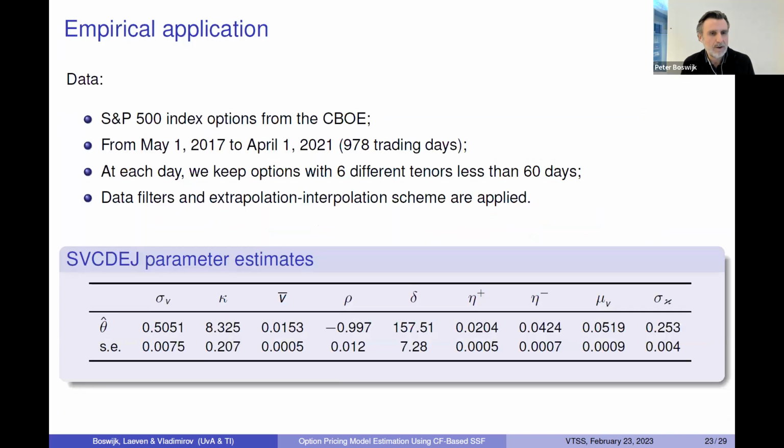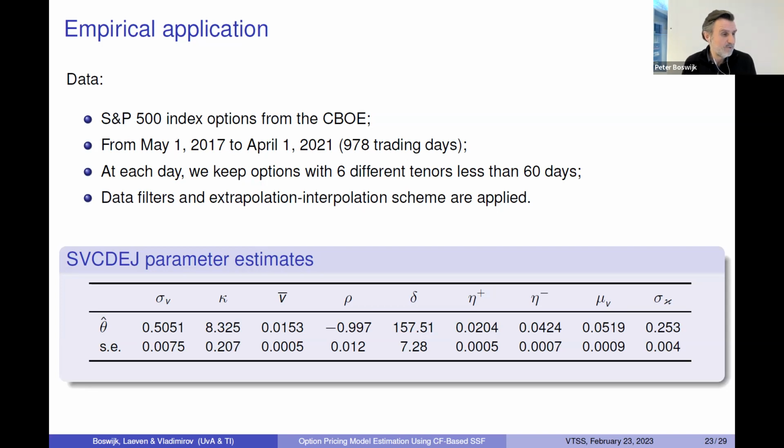Okay, perhaps the last couple of minutes, let's move to an empirical application. What we have is index options on the S&P 500. We take a period from 2017 to 2021, including therefore the outbreak of the COVID crisis, as you know. We have a couple of different maturity tenors. And indeed, we have to filter out all the options that we have, which are many, filter out the ones that we really think are wrong, and also have some interpolation to let the noise be not too large. So the bottom line is, apply the same model that I just showed you in the Monte Carlo simulations,